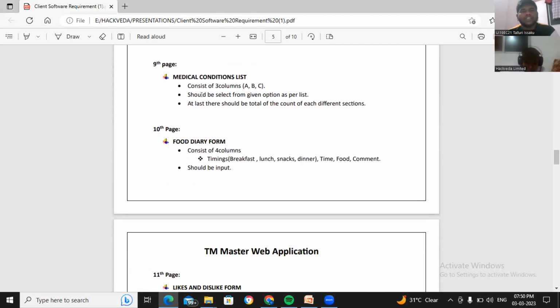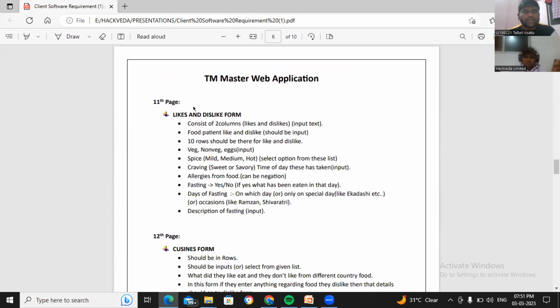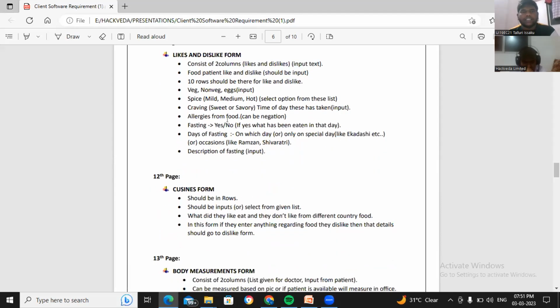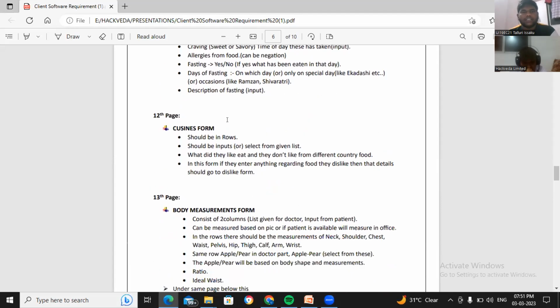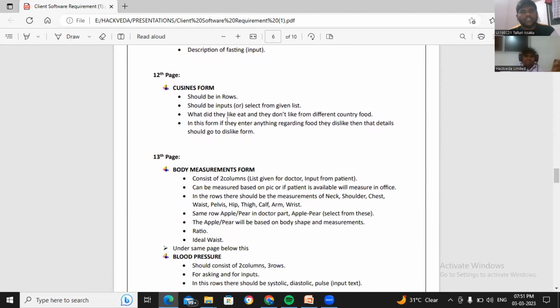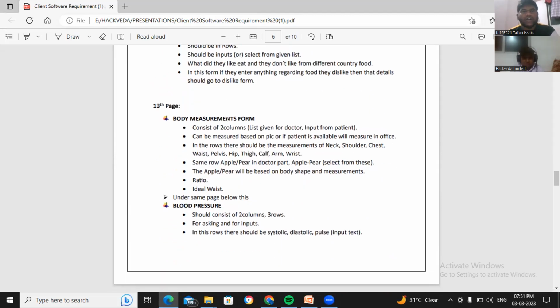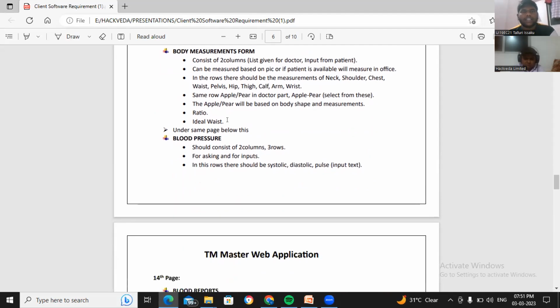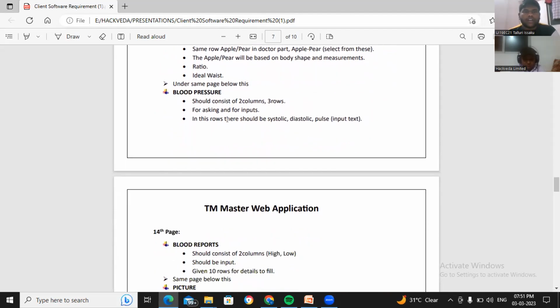medical conditions list should be selected from the given options as per the list. Food diary form and likes and dislikes form, like food the patient likes and dislikes. There will be veg, non-veg, spicy, fasting, days of fasting, and cuisines form, which should be in rows. It should be input. What they like to eat and what they don't like from different country food, and body measurements form. There should be body measurements like neck, shoulder, chest, thighs, etc. Blood pressure, there should be a blood pressure column for asking and for inputs,